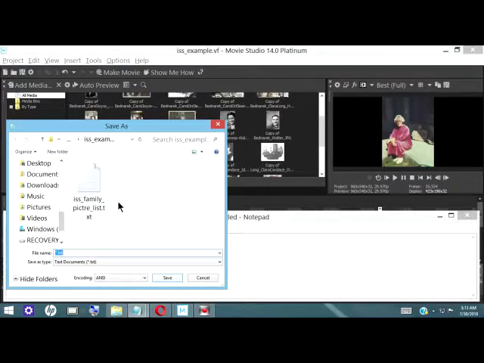Okay, and I happen to be in the right folder here. This just happens to be the folder that I am using, and for this one, because this is an example, this other NotePad file, this TXT file, is the one you saw earlier that has those pictures in it listed. In this one, I'm going to call it